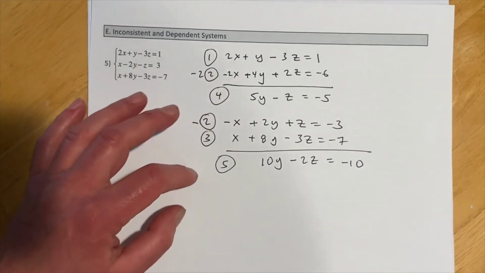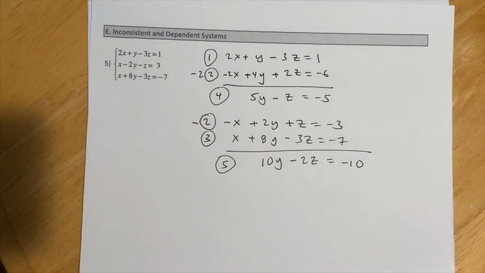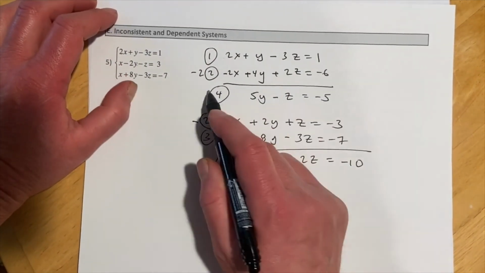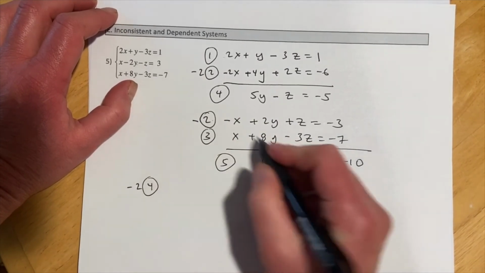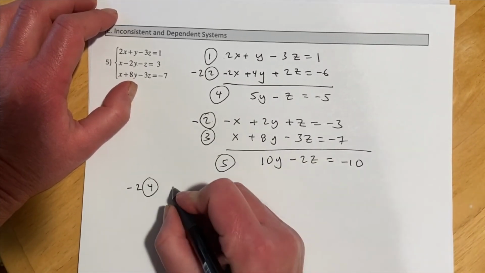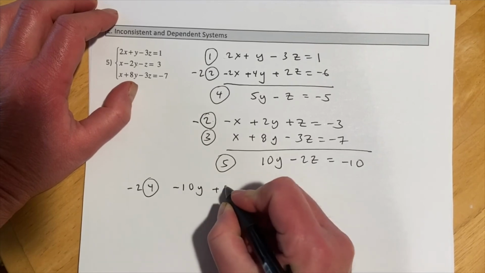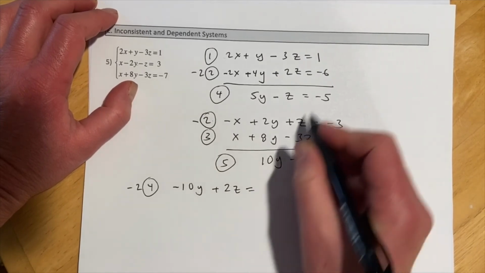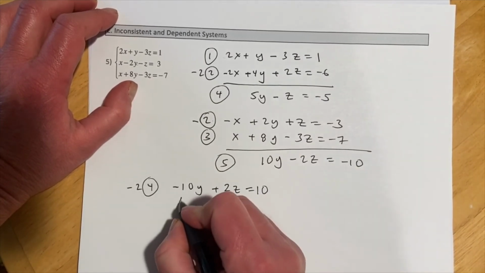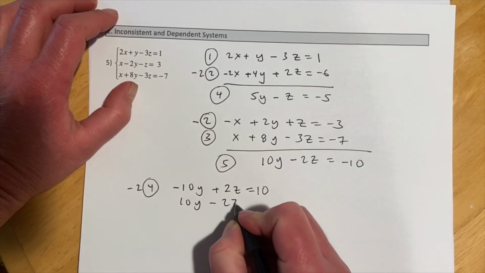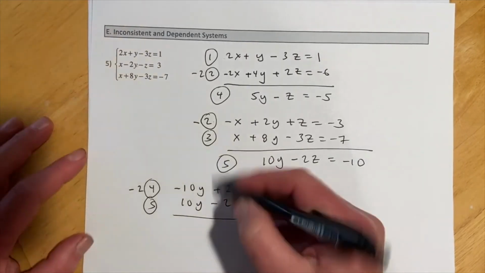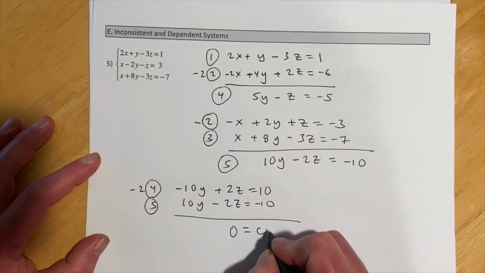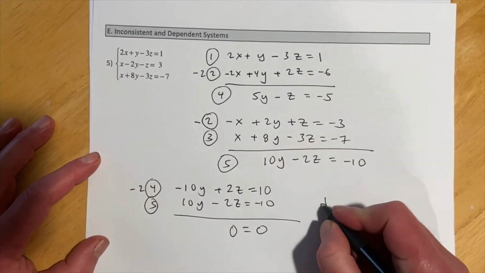And so I've made my 4 and my 5, and this is a spot where I would put those two together and try to eliminate a variable. But you can see if I multiply equation 4 by, say, negative 2, I'm just going to get the opposite of this one. So I'd get negative 2y plus 2z, and then negative 2 times that would be 10. And then 10y minus 2z equals negative 10. So that's our 5. And then everything cancels. So we're at that 0 equals 0. And so that's just an example of dependent